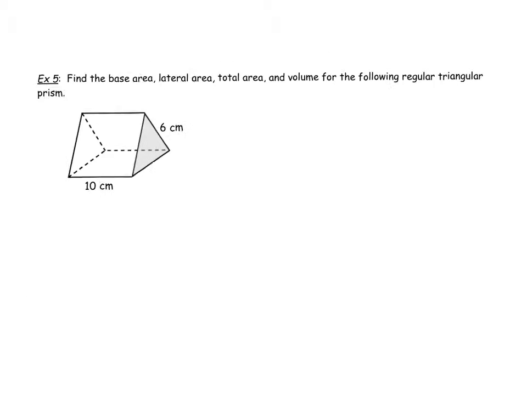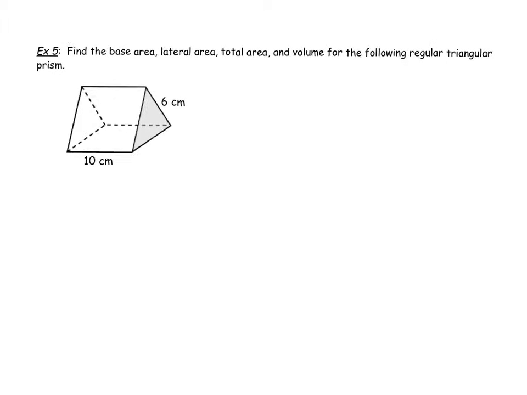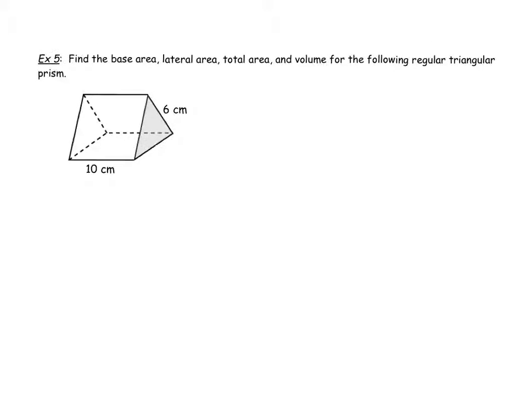So let's combine this all and do one last example. We're going to find the base area, lateral area, total area, and volume for our regular triangle prism. So let's start with the base area. So this base is a triangle, so its area is 1/2 base times height. And because it is an equilateral triangle,